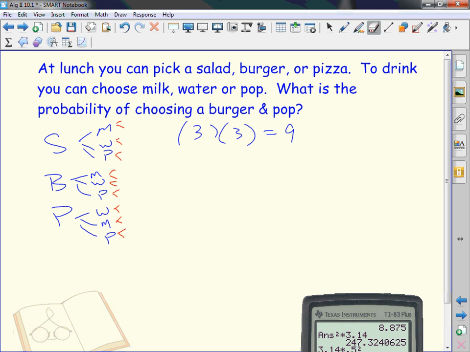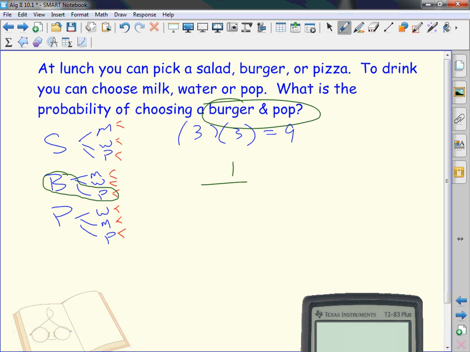Now, what's the chance of picking a burger and pop to eat? All right, here's the burger and the pop. I have 1 chance to pick it out of 9 possibilities. 1 divided by 9. This one you should know. This one's a special one. 1/9,